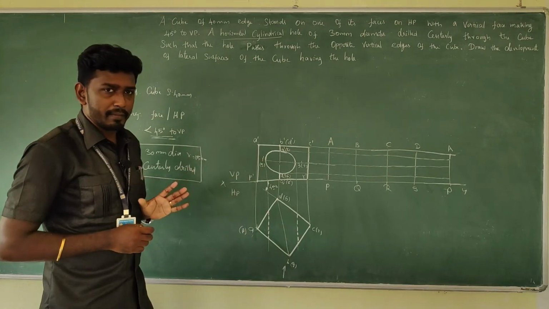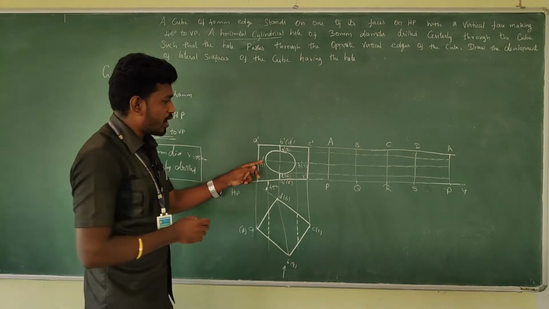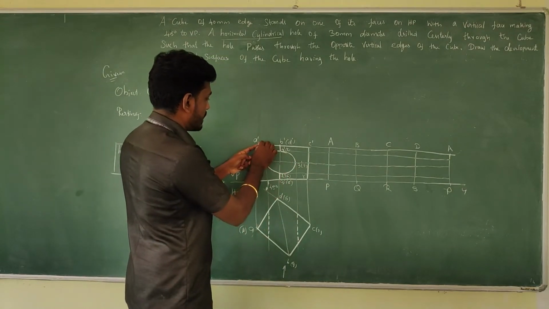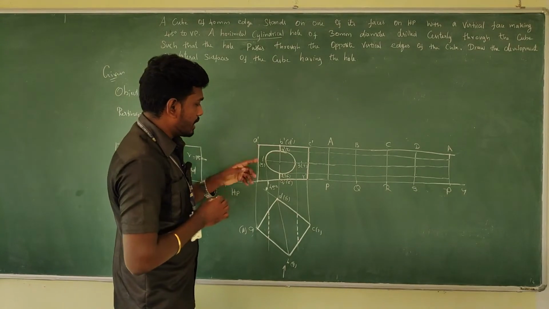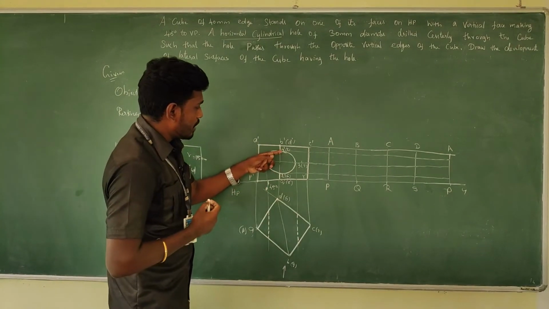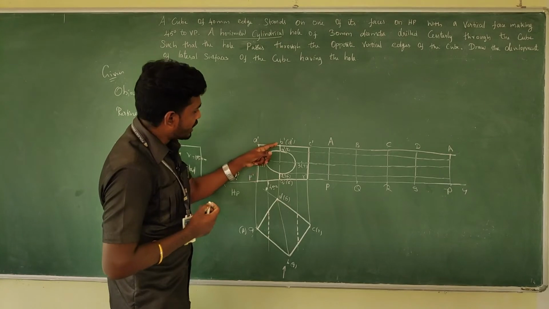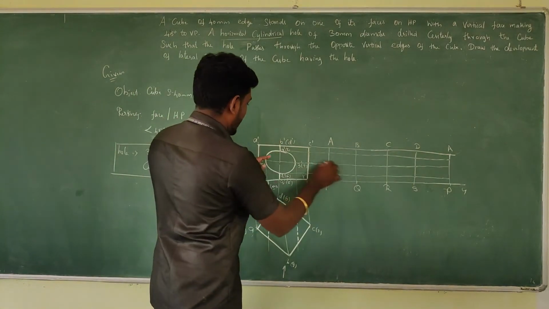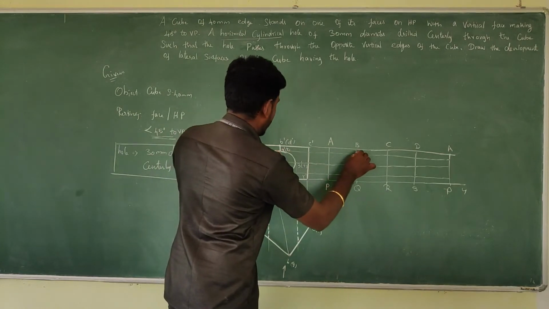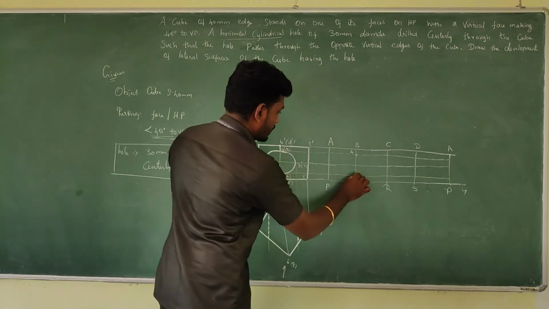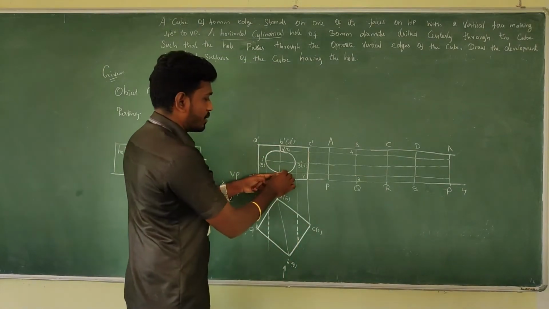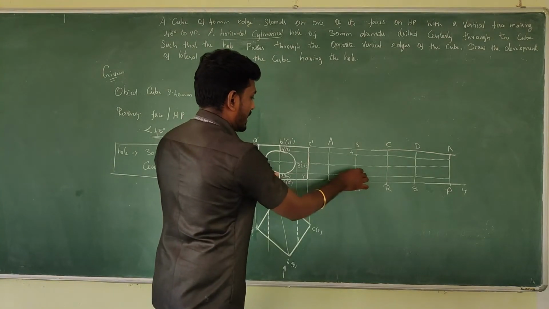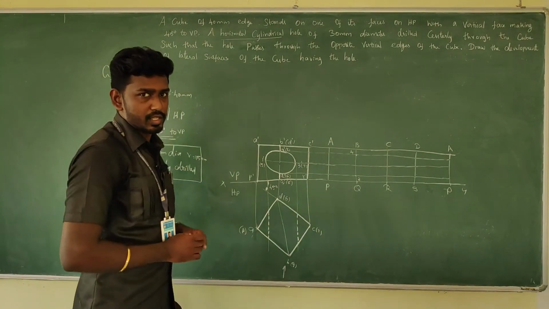Now identify the first point. First point is between where? Between the base A to B. We can identify later. First concentrate on 4 and 2. 4 and 2 are just lying on the edge B to Q. Am I right? The line is coming here, meeting at this place. This is 4. Where is 2? Here it is. The approximate point should intersect with the appropriate edge, so that you will get it.